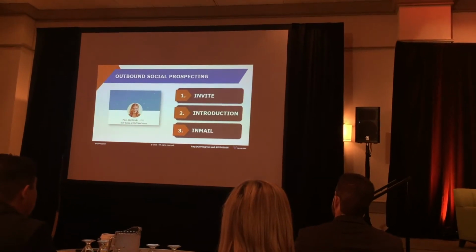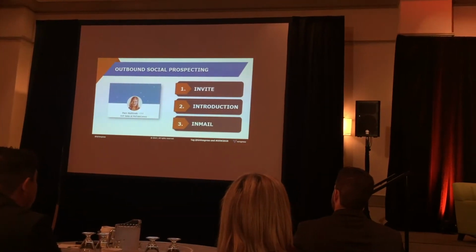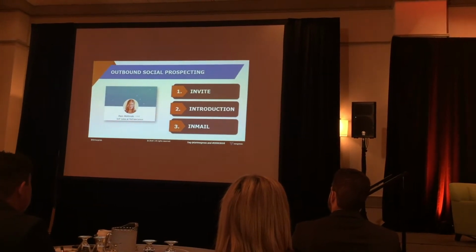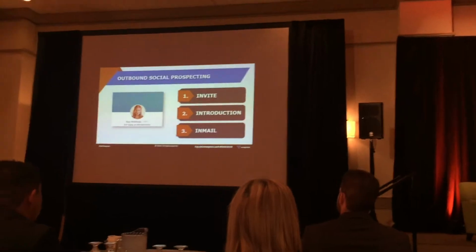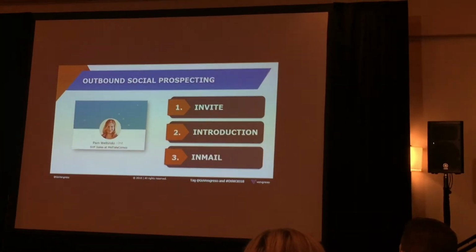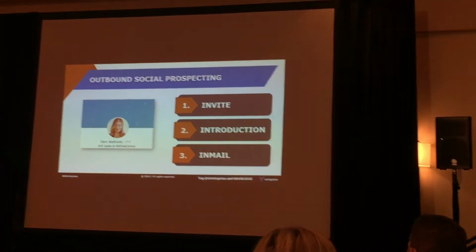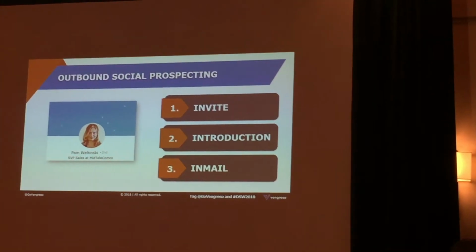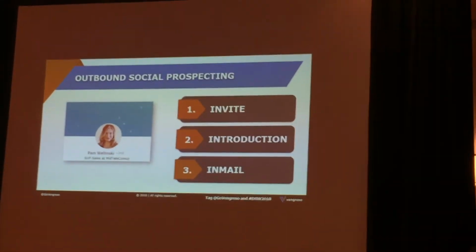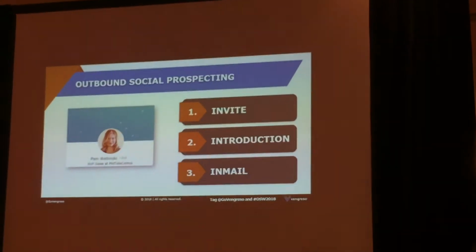So, for example, let's say that I wanted to connect to Pam here, that she was a target for me, an SVP of sales. I have at least 3 ways to do it socially. This is kind of LinkedIn centric, but I have at least 3 ways to do it, right? It's like the I's have it. There are 3 I's here. The I's have it. You can invite her,